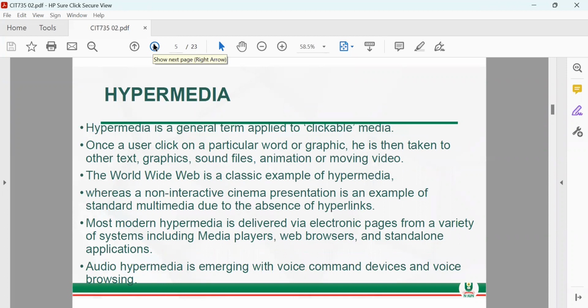Hypermedia is a general term applied to clickable media. Once a user clicks on a particular word or graphic, what happens is taken to another text, graphic, sound or sound files, animation or moving video. The World Wide Web is a very good example of hypermedia, whereas a non-interactive cinema presentation is an example of standard multimedia due to the absence of hyperlinks. And most of the modern hypermedia, they are delivered through electronic pages from a variety of systems like media players